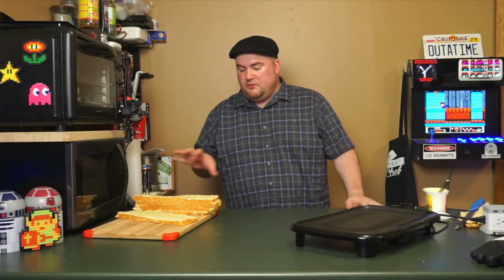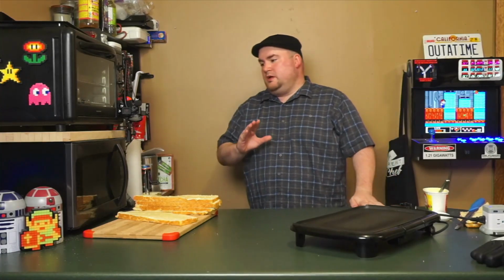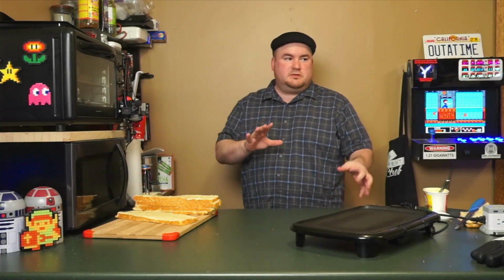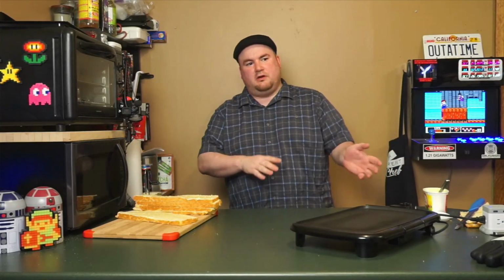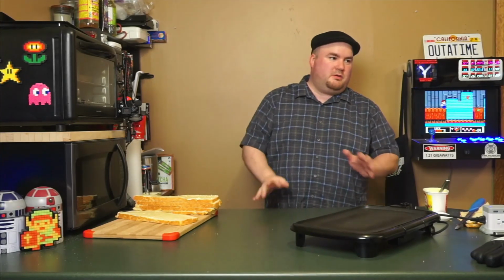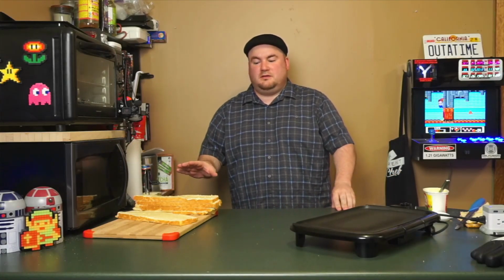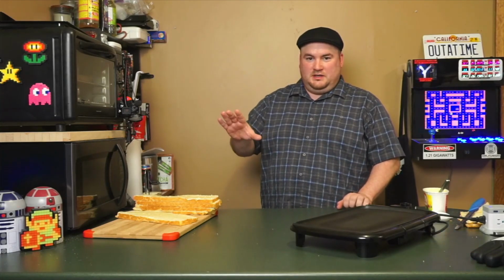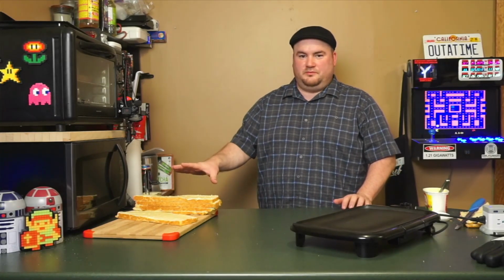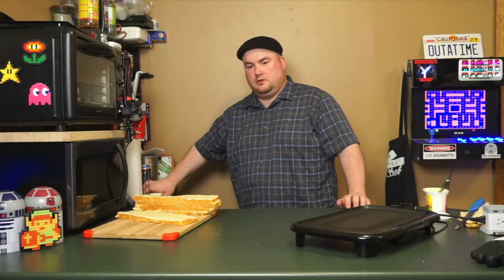And okay, before we put these on the grill, I want to talk about cheese. A lot of people use some more high-end cheese, starting all the way down at cheddar and all the way up to like Munster and Gruyere and a bunch of different kinds. So I'm not doing that, okay? That's not what this grilled cheese is about. This is about meltiness. This is about classic grilled cheese. So you're going to stick with